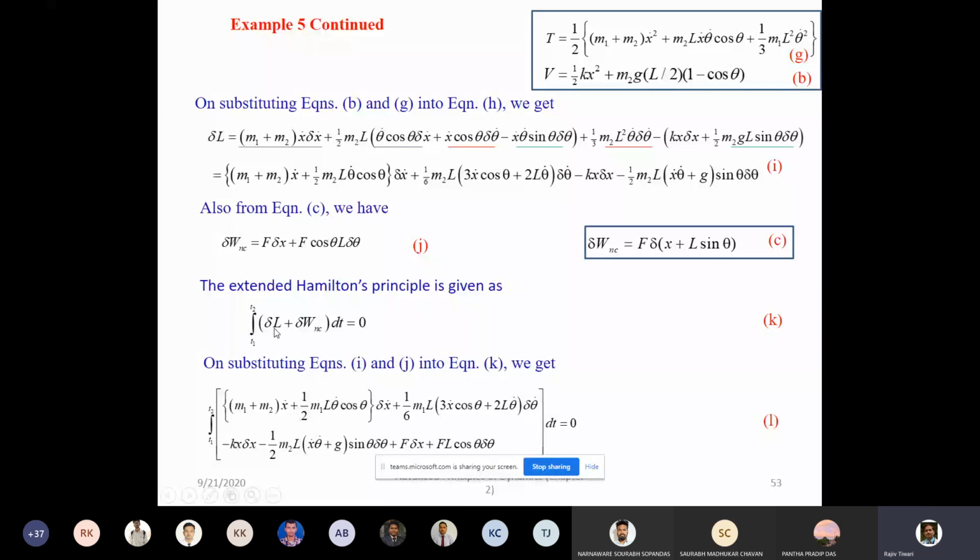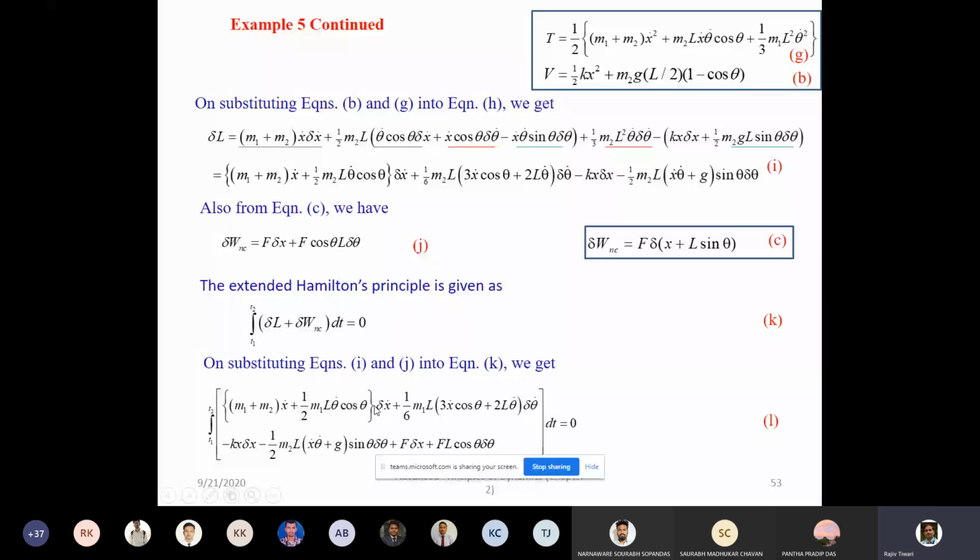So now if we substitute this expression and this expression in this, we will get the expression like this. So you can see all the terms are there, including this expression. So I just substituted the equations I and j in the k equation to get the L equation. So this equation now, if you see carefully, the first term,